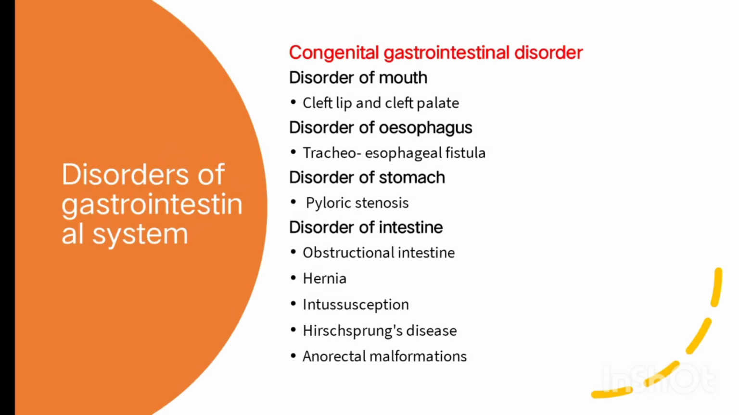Today we will discuss the disorders of the gastrointestinal system. So a congenital gastrointestinal disorder means the baby is born with congenitally acquired deformities in the gastrointestinal system. Some of the disorders of the gastrointestinal system are: disorders of the mouth, cleft lip and cleft palate; disorders of the esophagus, tracheoesophageal fistula; disorders of the stomach, pyloric stenosis; and disorders of the intestine, obstructional intestine, hernia, intussusception, Hirschsprung's disease,